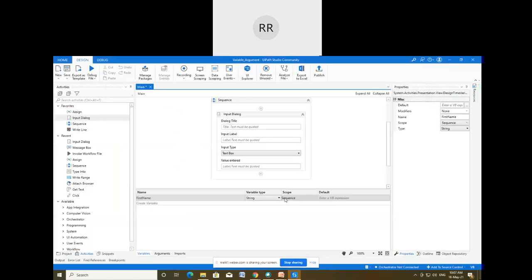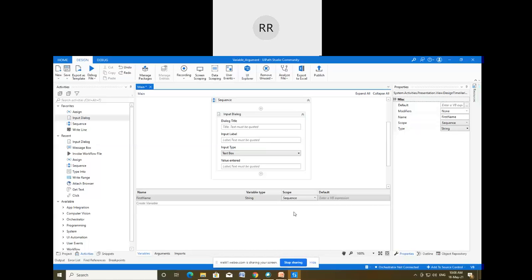So this is about the type, and again scope that I've already discussed. Since here we are using this input dialog activity inside this sequence file, therefore the scope should be the name of that particular file inside which the activity is located. This default value will be left as blank, and that will be utilized in most of the cases where we are using the integer variable.